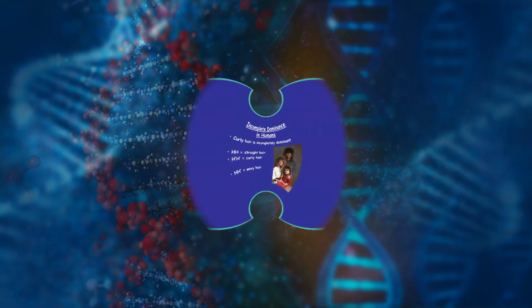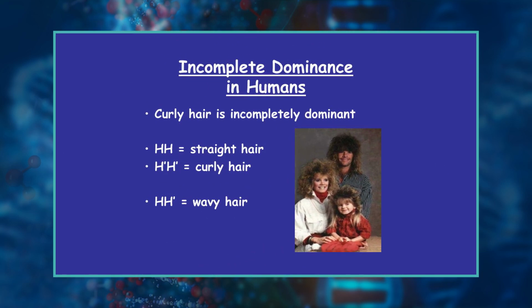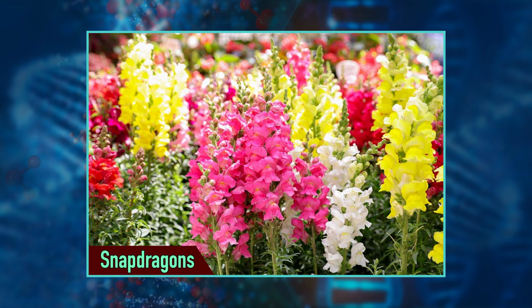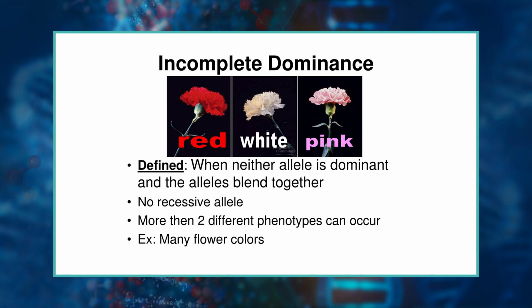The dominance patterns aren't always completely straightforward. Incomplete dominance occurs when two alleles combine to form a phenotype that is different from each of the parents. A well-known example of this is in snapdragons. White and red flowers both exist, but when an individual has a white allele and a red allele, the phenotype